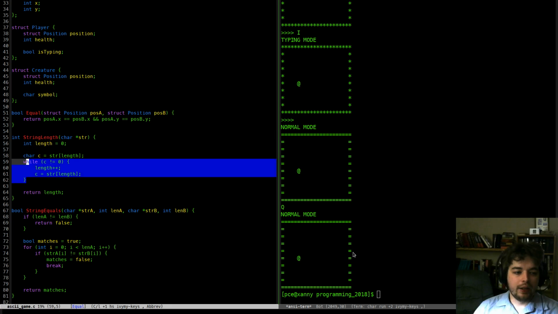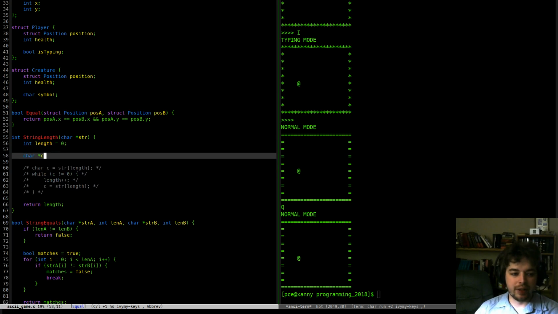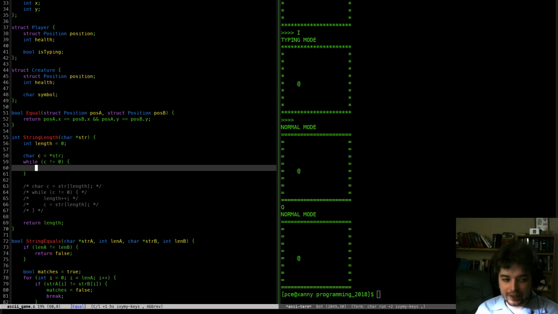So remember I showed you this. I'll go ahead and comment that out. I said that we could do something like this, where you said char c equals dereference of string, right? So the dereference is going to get the value of whatever is pointed to. In this case, since we're a char, the value of the first thing at the address is going to be one char, which is 1 byte. So we're going to get a single character, right? And then I can say, while c does not equal 0, go ahead and keep doing this, right? But what I can now do is say that